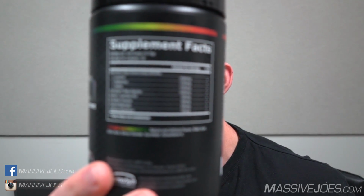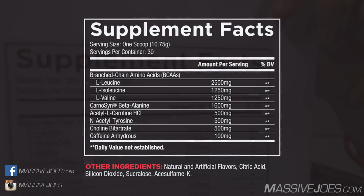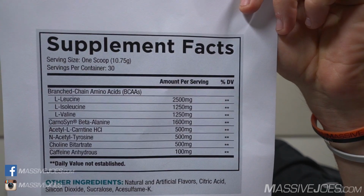That nutritional information panel ain't going to get it done. We're about to go balls deep in this here Core Nutritionals ABCD. Luckily, got ourselves a big nutritional information panel for the viewers at home. Dilip, go ahead. In fact, hold on, stop the press. Dilip, before you throw up that nutritional information panel for the viewers at home to play along with,